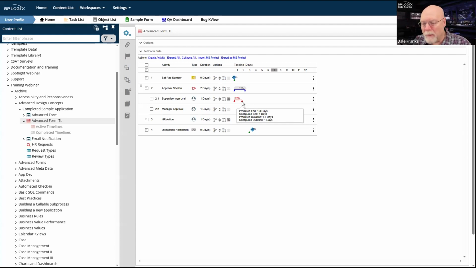I have a couple of questions that I need to ask here. Is this because I'm a bad process designer? Or is this because my users are weasels and they're not doing what they're supposed to do when they're supposed to do it? I don't know the answer to that question simply by looking at this particular red bar, but I do know that there is an issue, that this is taking longer than it should.